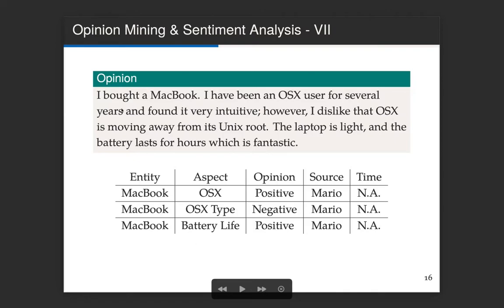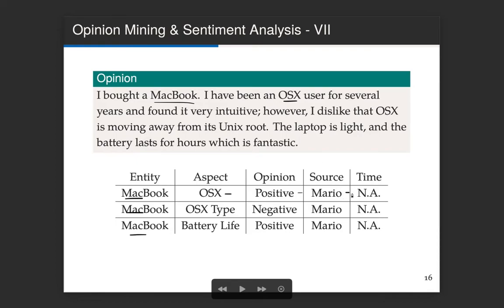In this opinion, for example, I bought a Mac, the entity is the MacBook, and then we need to figure out which are the aspects of this MacBook. One of the aspects is the operating system, and I like the operating system, so this is a positive opinion.